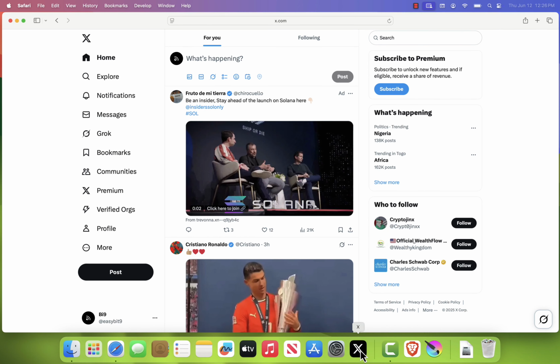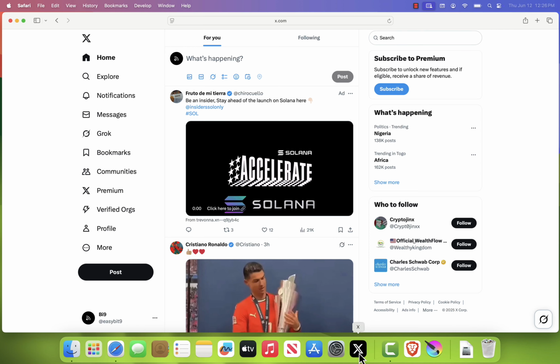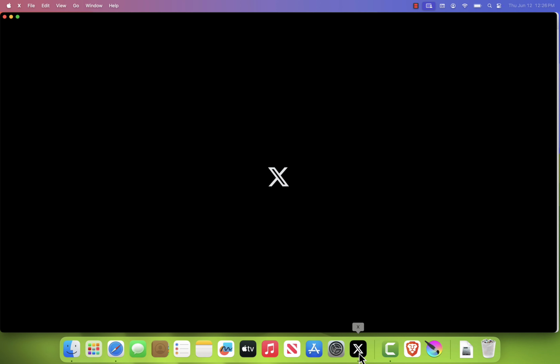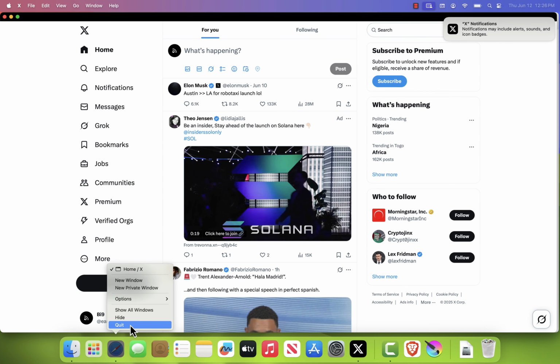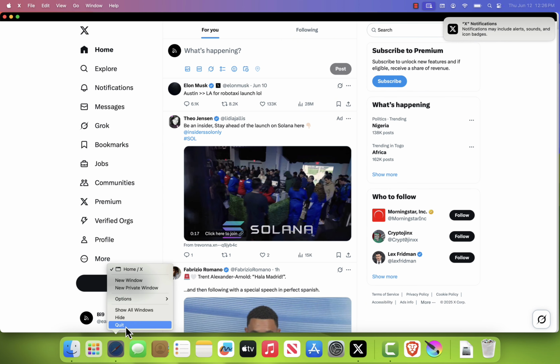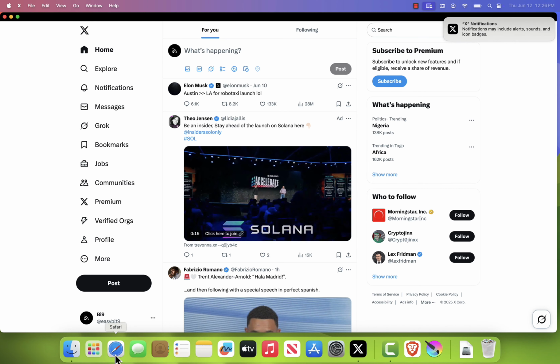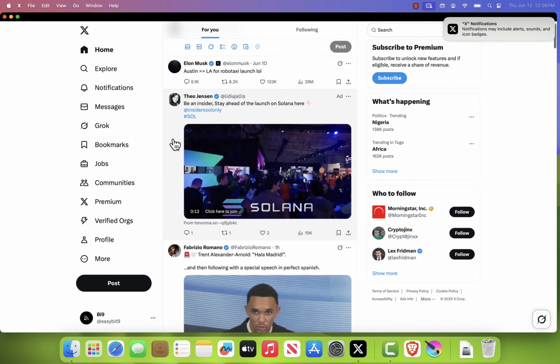Here's the cool part. When you click that icon, X opens in a standalone window, separate from Safari. Even if you close Safari completely, the X app stays open and works independently, just like a real app. Let's test it out. I'll quit Safari, and as you can see, X is still running smoothly in its own